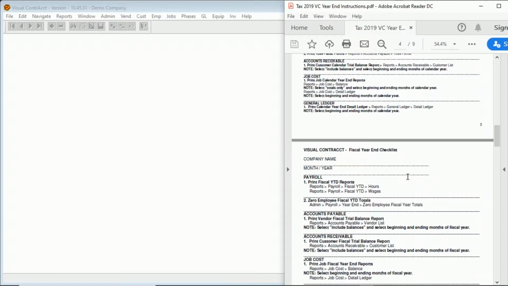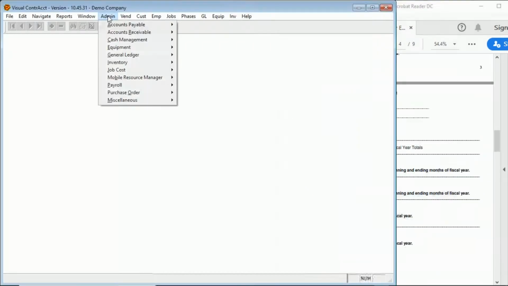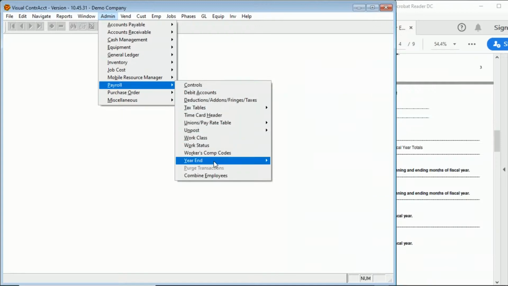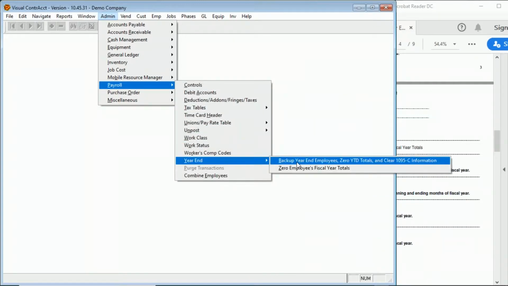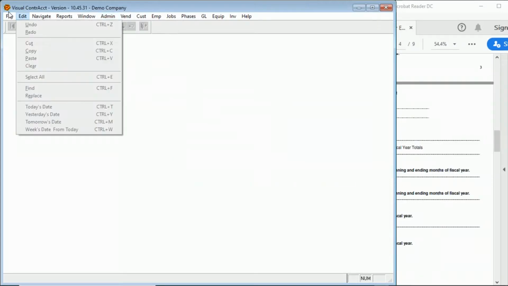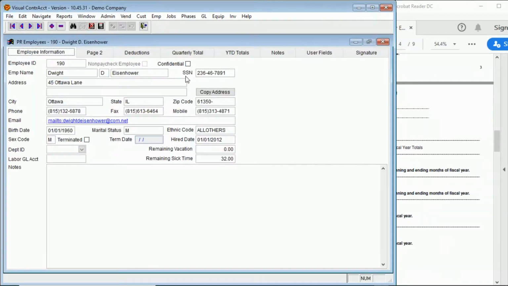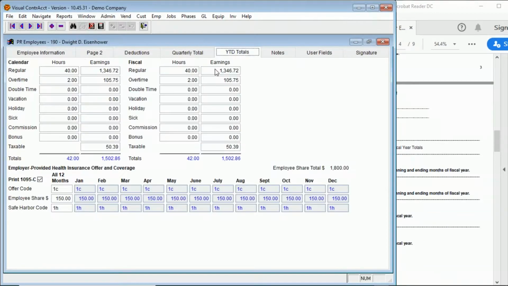I've been through the calendar year checklist, the fiscal year checklist. Again, the zero fiscal year totals is in admin payroll year end. Along with the backup of the year end, the next step is to zero the fiscal year totals. And that clears out, under the employee file, the year-to-date totals. You have a calendar year and you have a fiscal year. If your calendar year and your fiscal year are the same, they both end on December 31st, these totals should